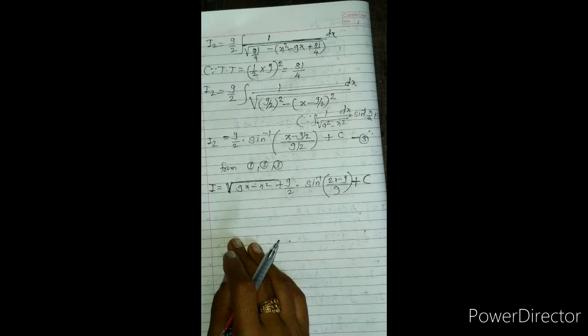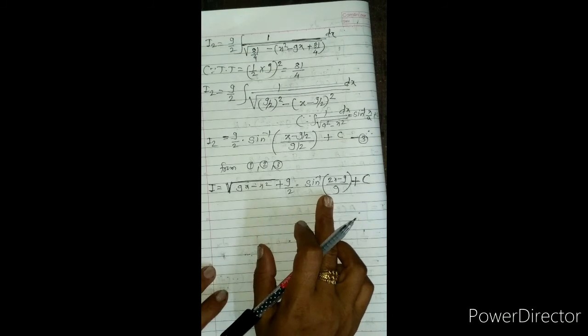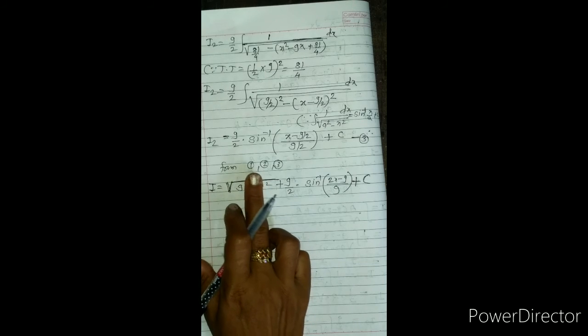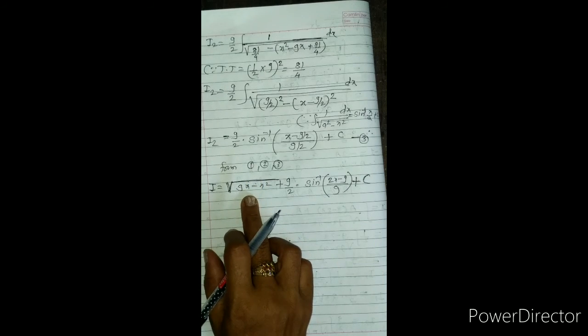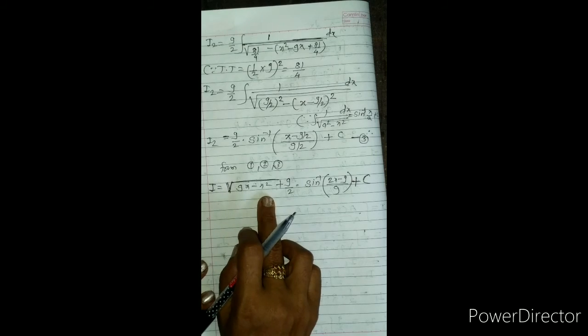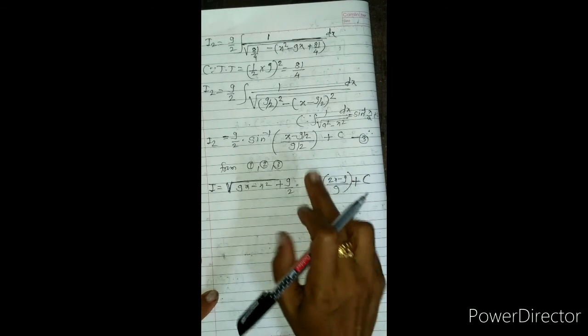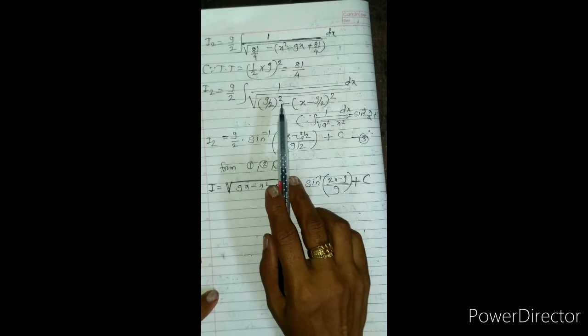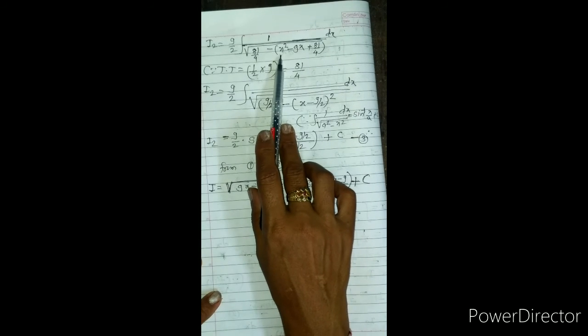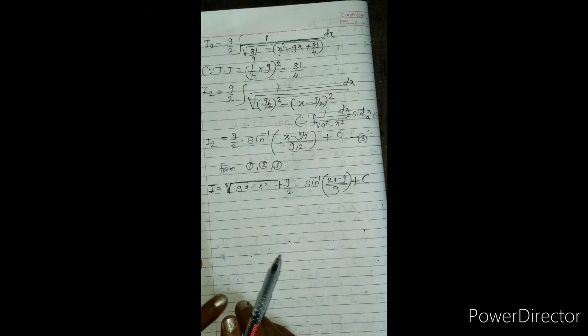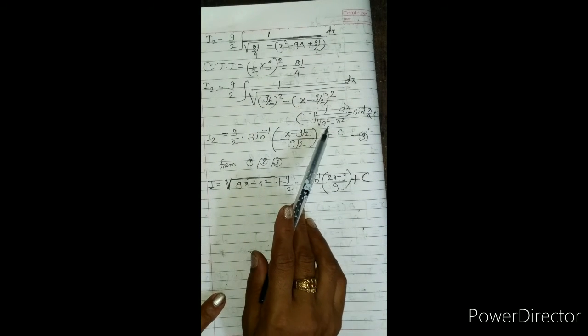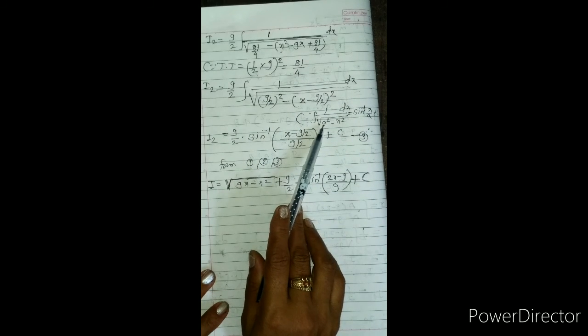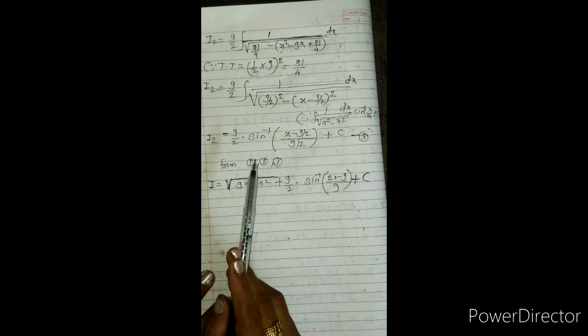So here again, in each integral we take two types of integrals. First is of the type f dash x upon root fx. Its answer always becomes 2 times root fx. And second is of the type 1 upon root. In the root we first take an adjustment. Normally the coefficient of the square term is unity, but here the coefficient of the square term is negative. So take its minus sign as common and then add the third term, in order to make it the difference of two square terms. And by using this result we get the answer of such a type of integrals.